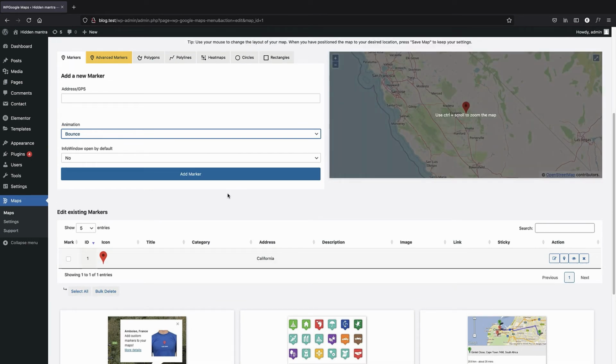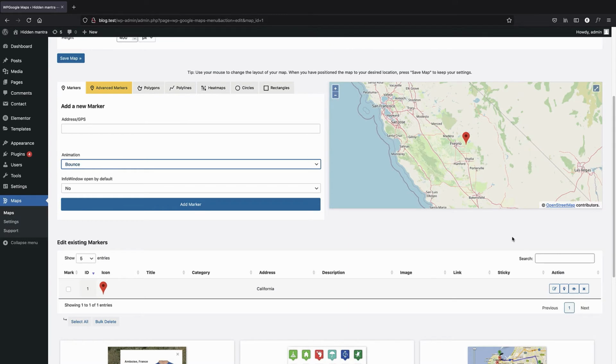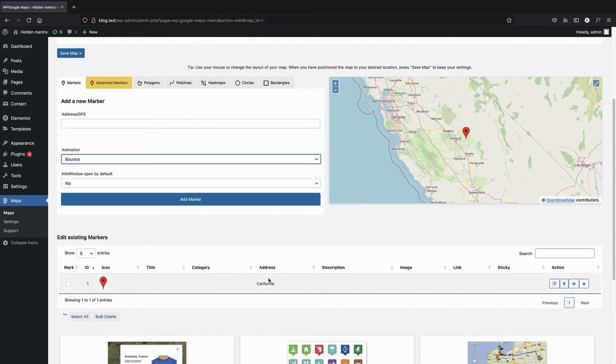And a map can have more than one location or marker. So you can have one map but with more than one marker, with more than one location, and you can even do this in the free version of this plugin. So for example, I have a marker here which is pointing to California and this place, and if you want to, I can just, for example, add a marker in Nashville